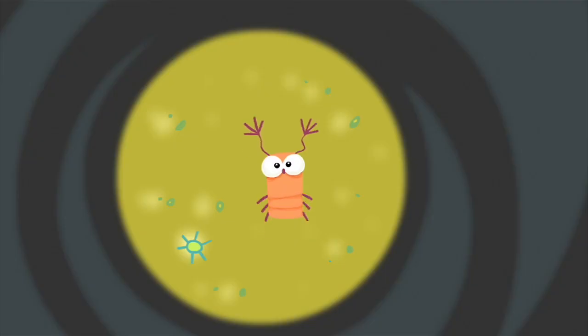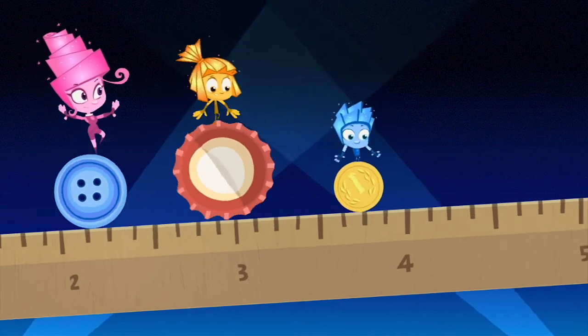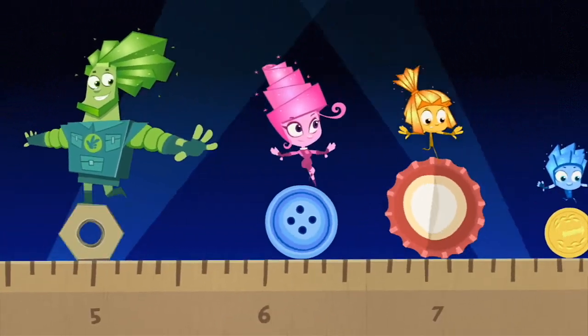It's hard to see their features. They're tiny, infinitesimal, so small it makes you doubt. But if